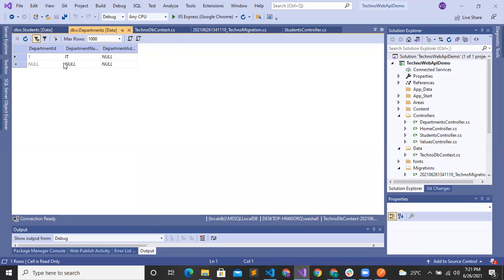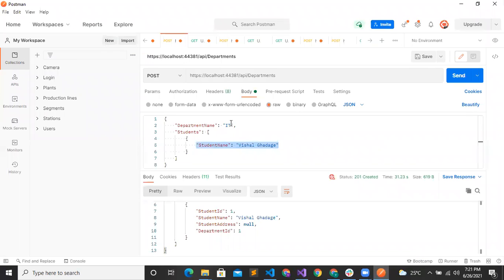So department 1, the IT department, will have a student Vishal. Now we will create another department, mechanic. This time we will pass the department address also.